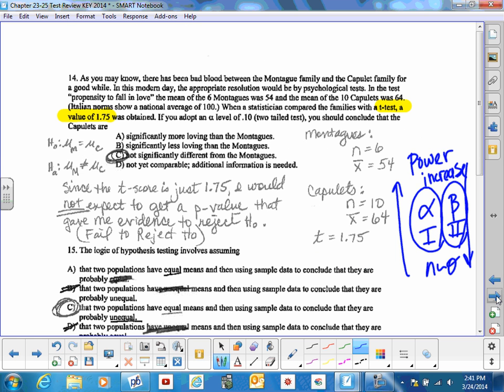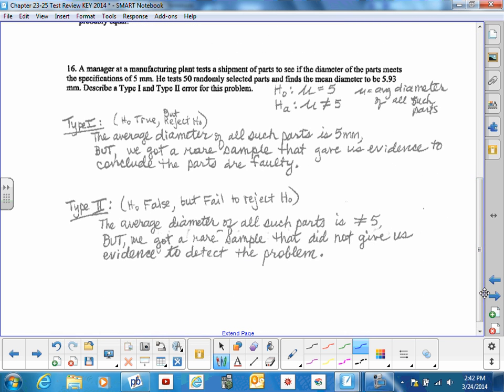All right, here we go. This is where most of our questions come up. This is the Montagues and the Capulets and their propensity to fall in love. And here we are talking about their average score on whatever test it was that they took. You need to be aware that on some of these problems, even that problem about the errors, number 16, on this page,